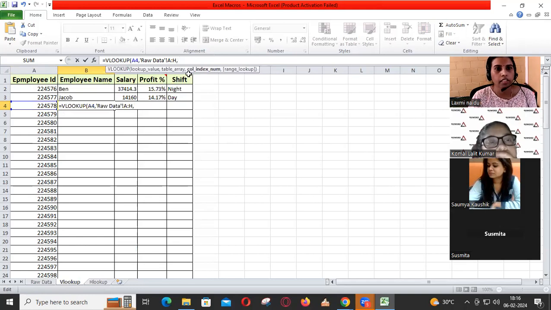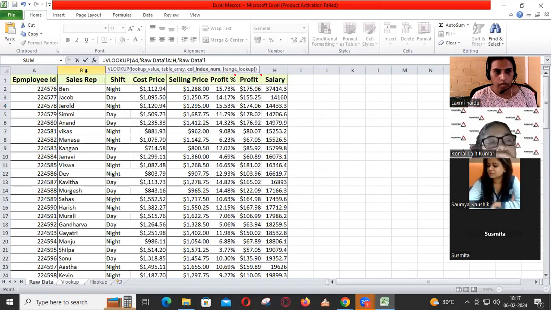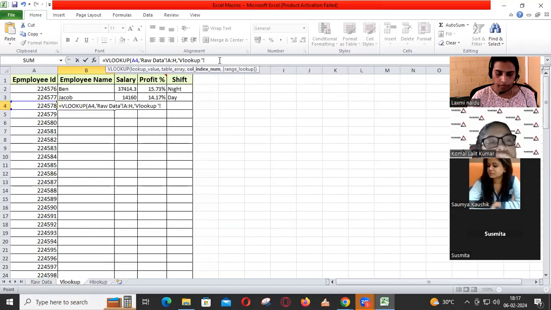And then it is asking for the column index number. Employee name, it is in the row number, column number 2. So I have to select here